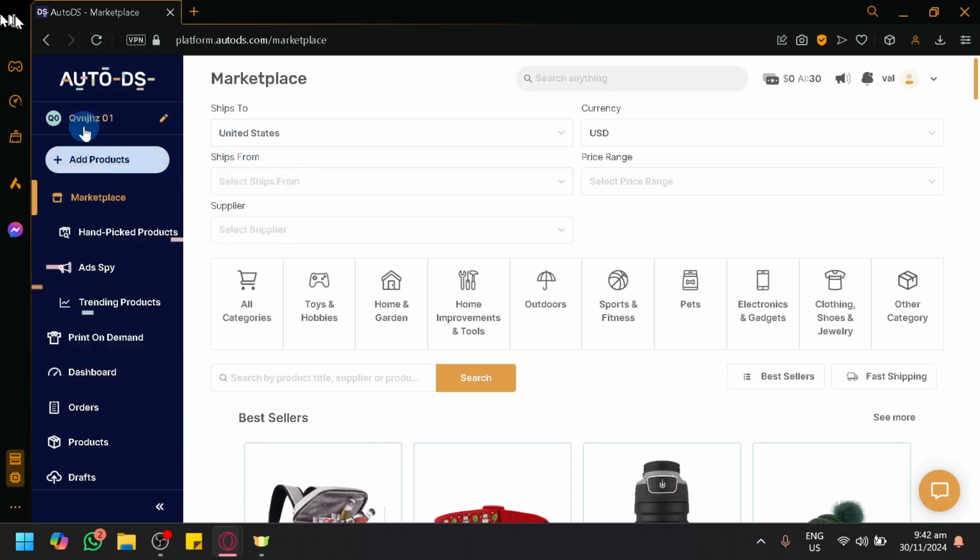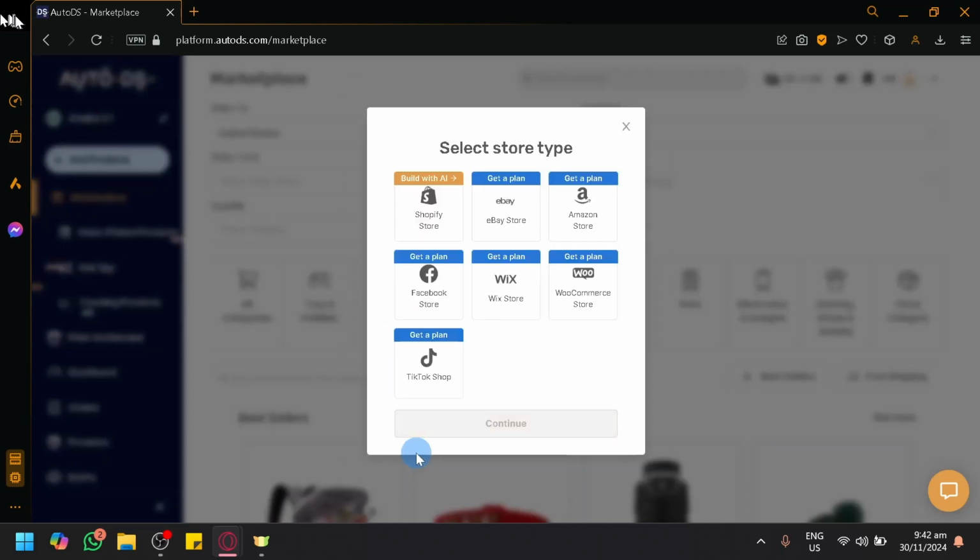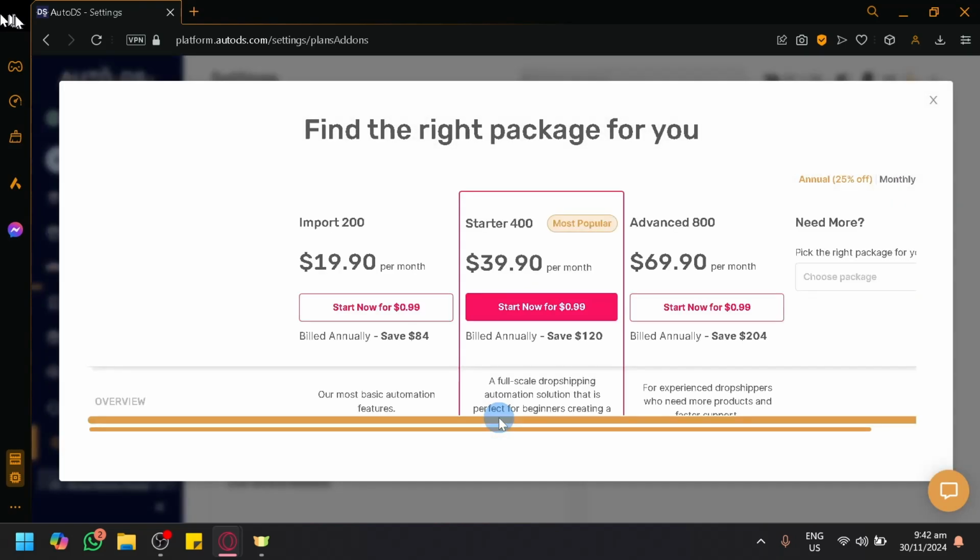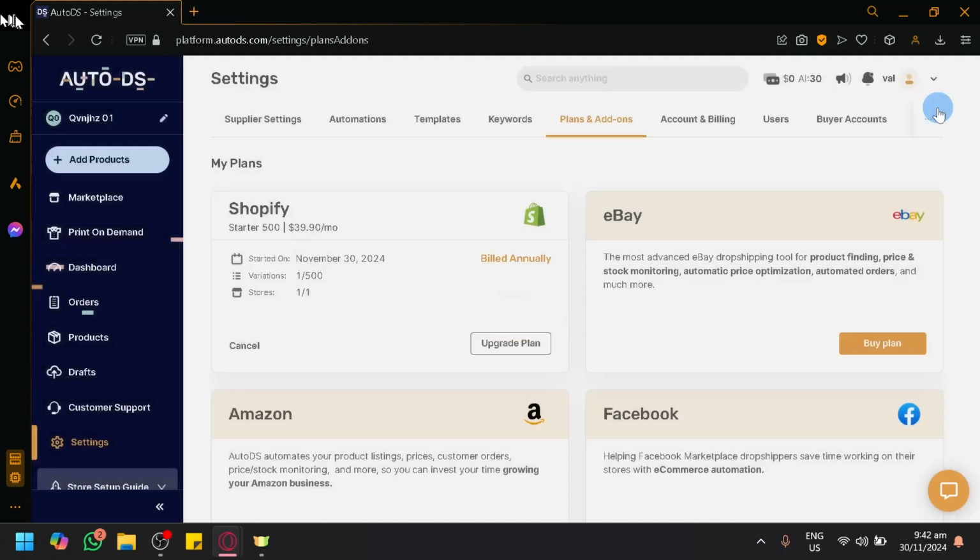ways. So the first way is to connect it as a store. You can do that by clicking on Add Store over here, and you will be able to see that there is an eBay option over here. Simply select this, click on Continue, and get the specific plan that you need. After paying for the specific plan that you need, you will then be able to log in your eBay store account into AutoDS, which then you will be able to now utilize the different features